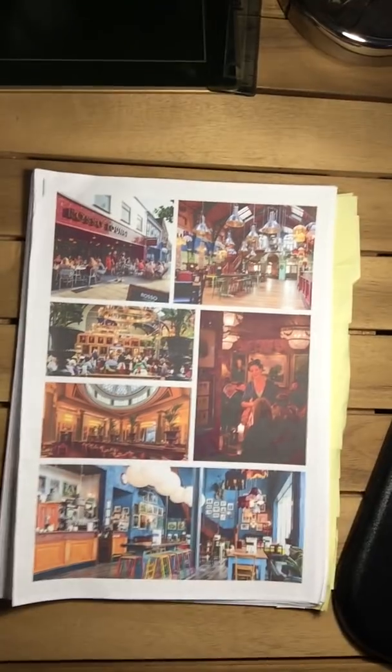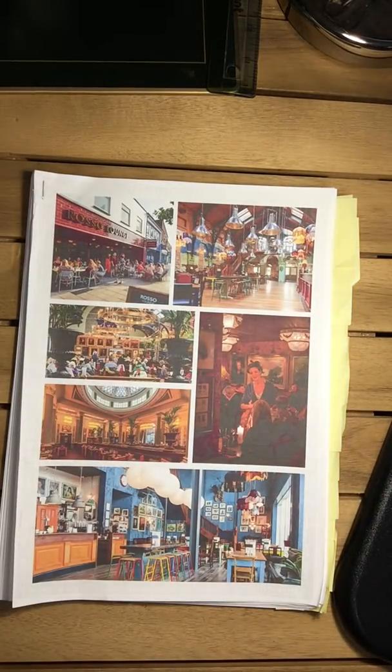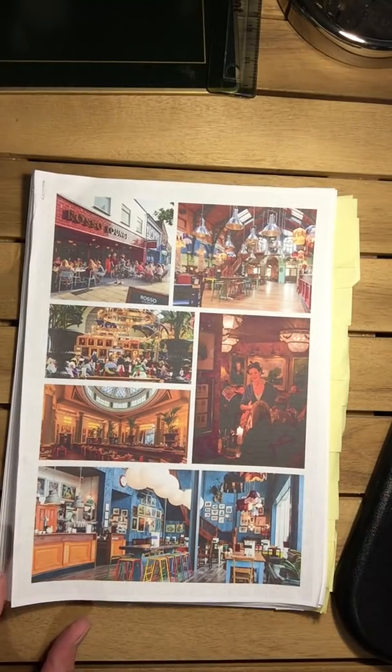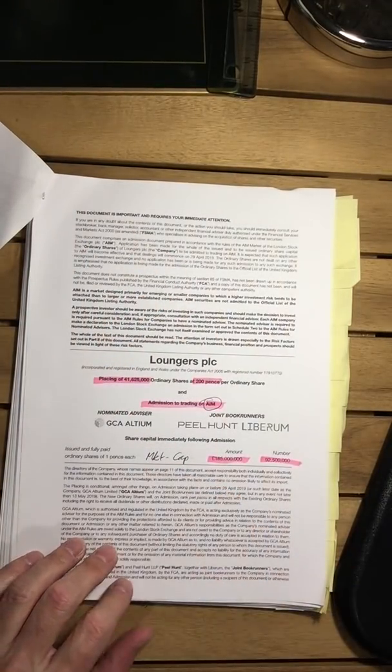I've literally got my iPhone on a stand, looking down on the IPO document. So this is the IPO admission document for Loungers. You've got pictures on the front, obviously. Key things I've done, I've highlighted the key numbers. So here you've got...